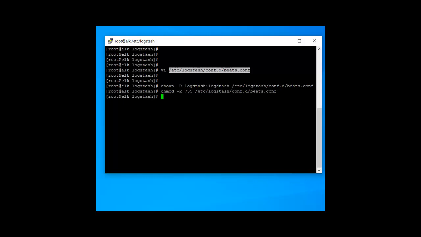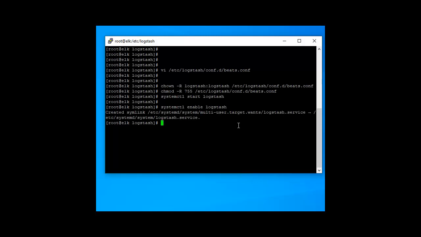So now just start the service and enable the Logstash service. First we start the service, it is started, and then enable Logstash. So check whether the service is running or not. First we install, dnf install net-tools.